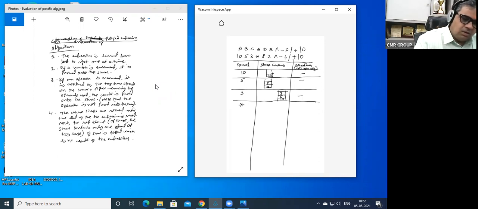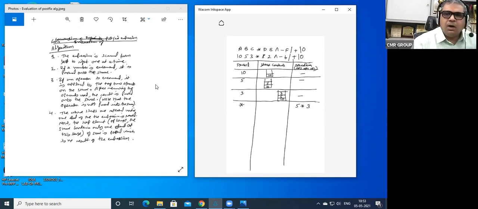So I have encountered an operator. What I am going to do is pop the top two elements. So what is the top element which is popped? First is 3, that becomes operand 1. And what is the operator? Multiplication. And what is the second operand which is being popped out? It is 5, right? It is 5.